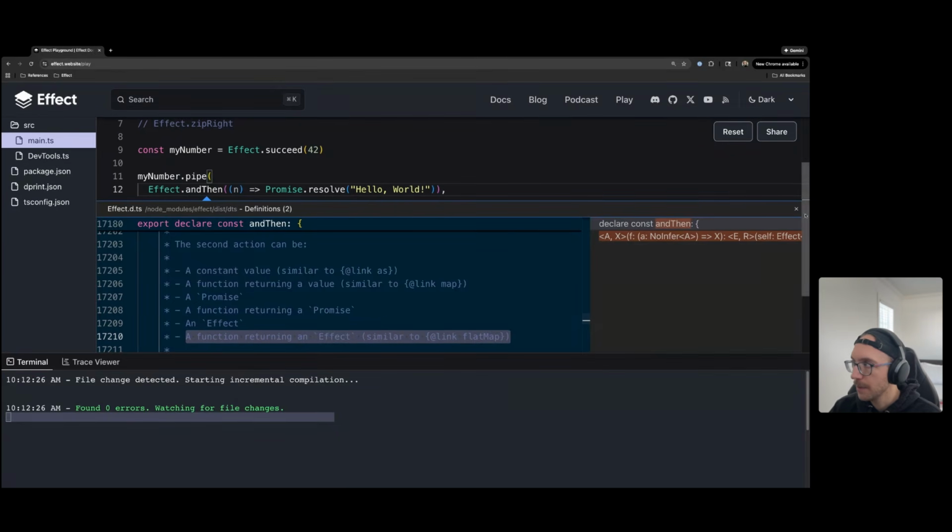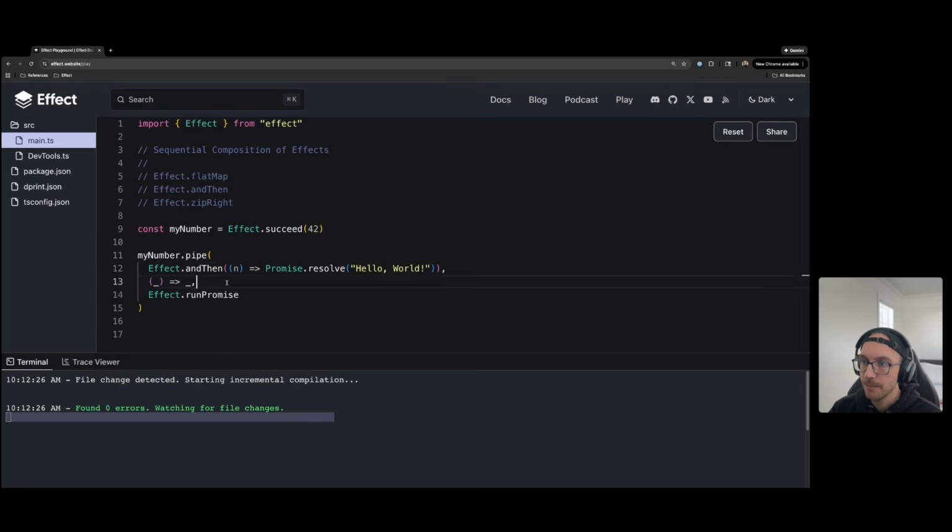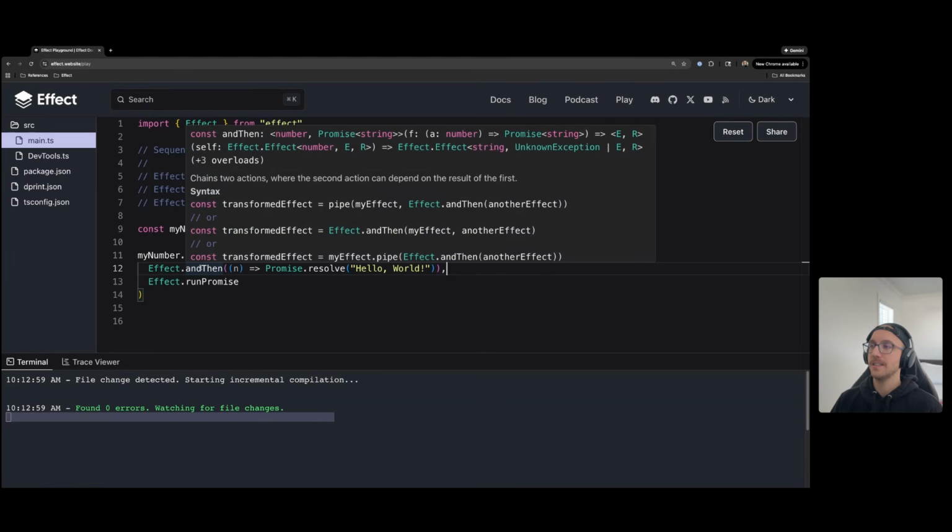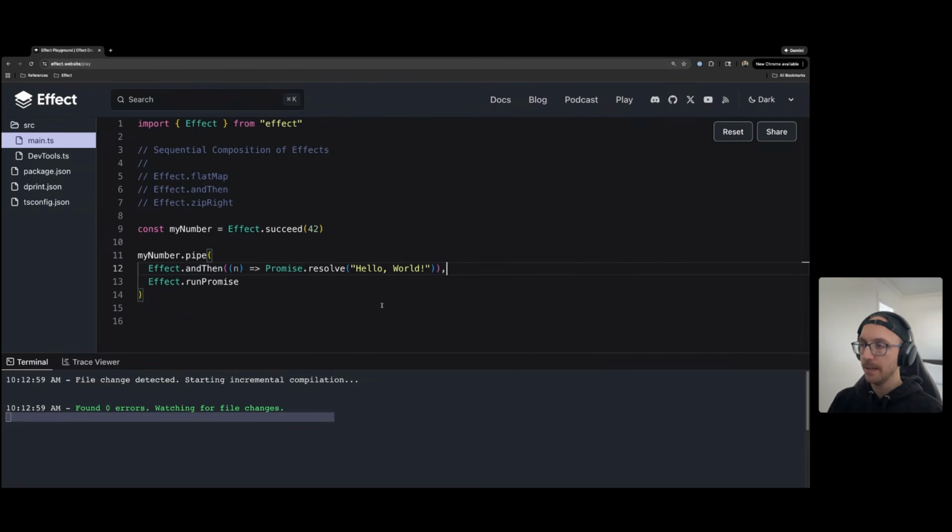So andThen is pretty powerful. It can replace a lot of combinators, and it can be much clearer like what's going on in a pipeline. However, there are specific cases where andThen can't infer types properly, which is why map and flatMap still exist in 4.0. In 4.0, zipRight is gone because it's kind of superfluous. But to finish answering this question,